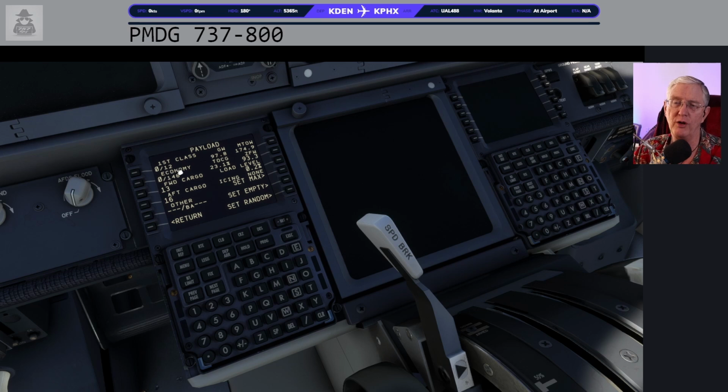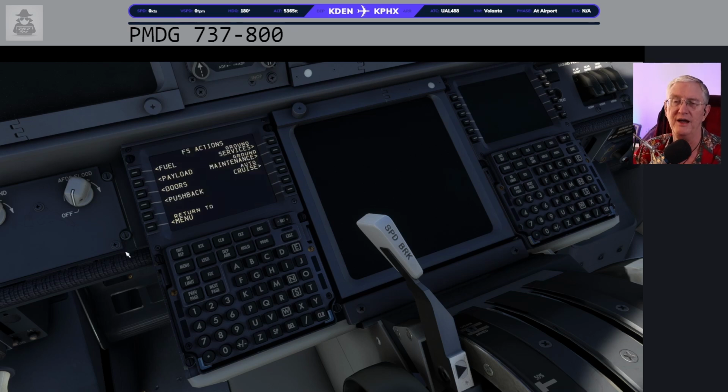So, you can have 12 first class passengers, 148. This one gets a little bit, I would kind of like to just give us a zero fuel weight to plug in there. But anyhow, those are the two fast and dirty ways that you can load the airplane. The way I usually do this is I come over here to ground services and I click ground services